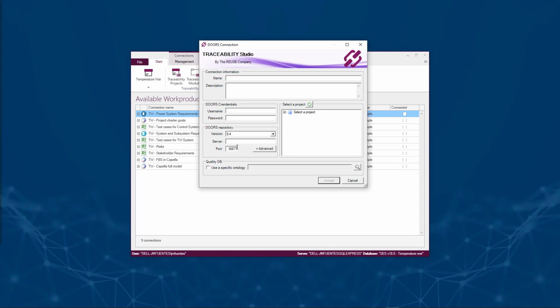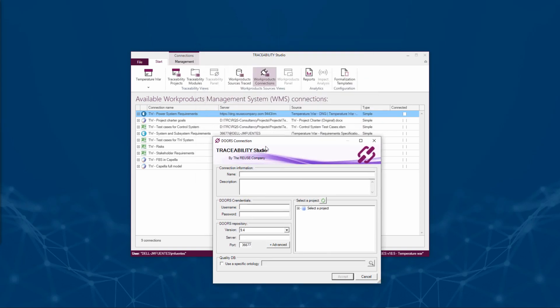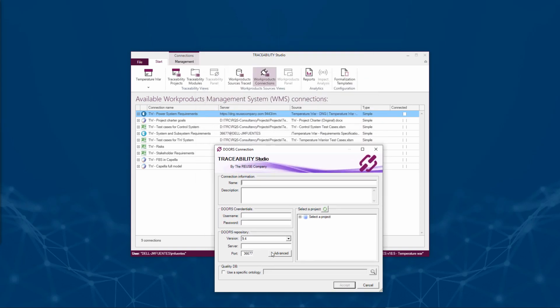So if I click here just to add a new connector to a DOORS repository, the only thing I have to provide is the name of my connector, system requirements in DOORS, for instance. So this is the name just to identify this connector in the tool. It doesn't have to be a physical or a real name, because the name of the project is what you will be selecting here. So you provide your credentials